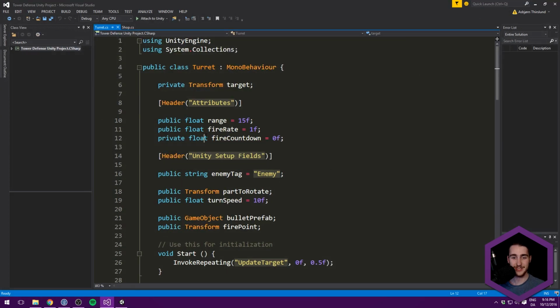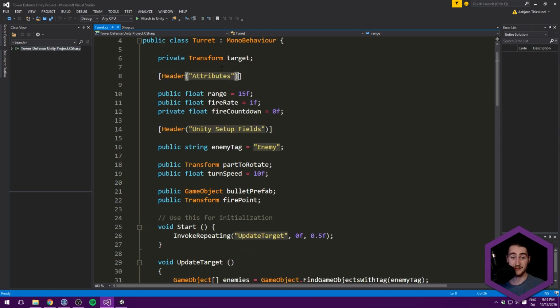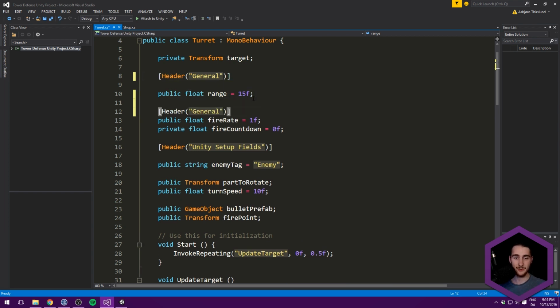There we go. So let's double click our turret script. And we'll move things around a bit here to organize them for what we want to do. So currently we have these attributes. I want to call this general. And I pretty much only want our range to be in here, because the next thing that I want to do is have one called